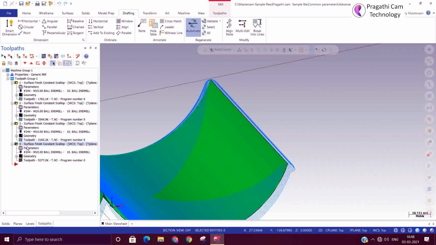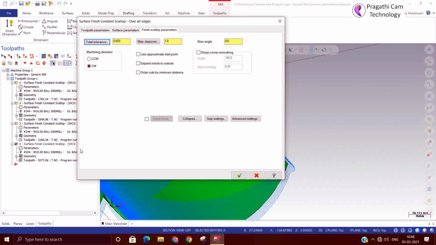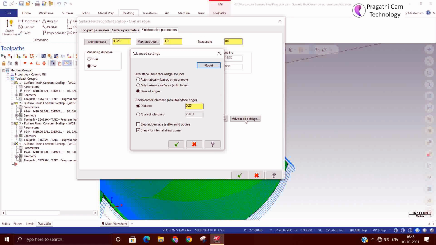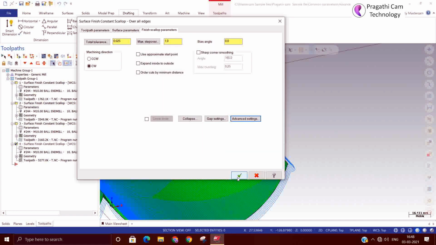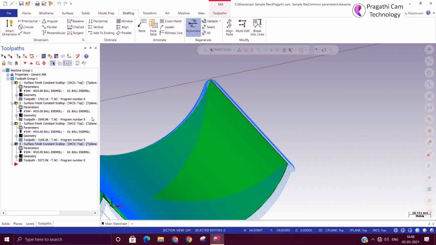Okay, so these are the three strategies: depth strategy, gap strategy, or edge strategy. These are the Mastercam default strategies. All three strategies are always on in the toolpath.